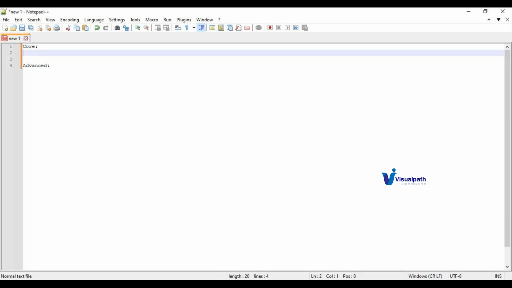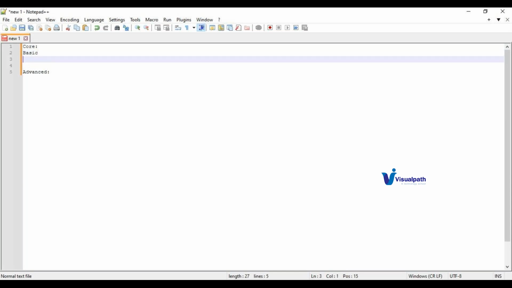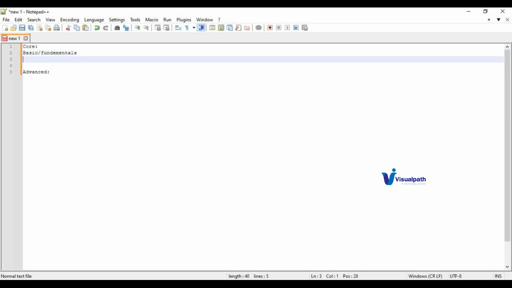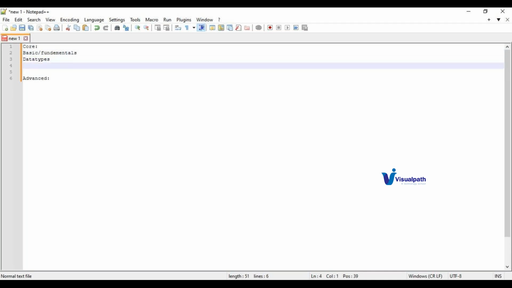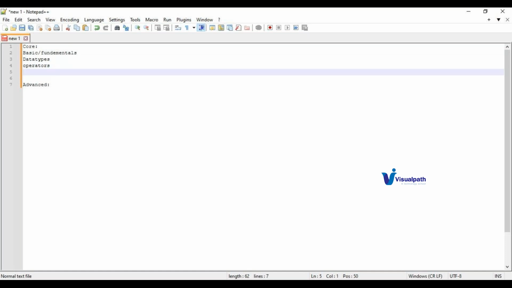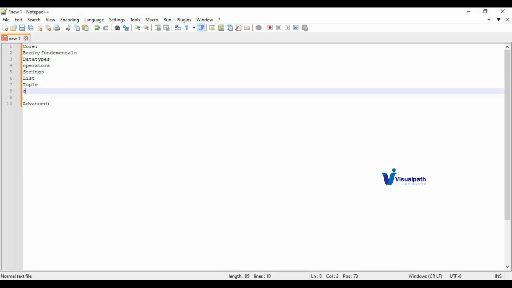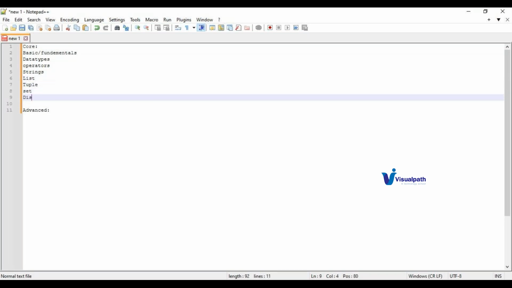Basics, or we call it fundamentals, and data types, operators, strings, list, tuples, set, dictionaries,